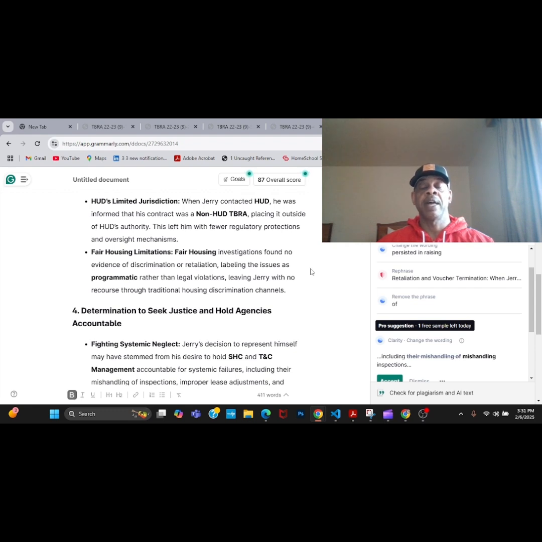The only reason I was able to obtain a copy of it was because after everything fell apart and I was terminated, I requested a copy of that non-HUD tenant-based rental agreement. I even contacted Fair Housing, and Fair Housing has limitations. Fair Housing investigations found no evidence of discrimination or retaliation, labeling the issue as programmatic rather than legal violations, leaving me with no recourse through traditional housing discrimination channels.